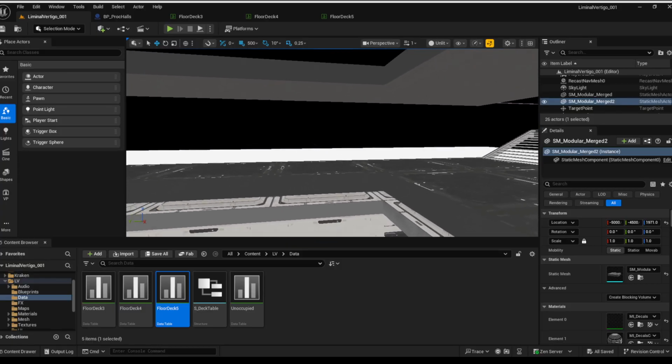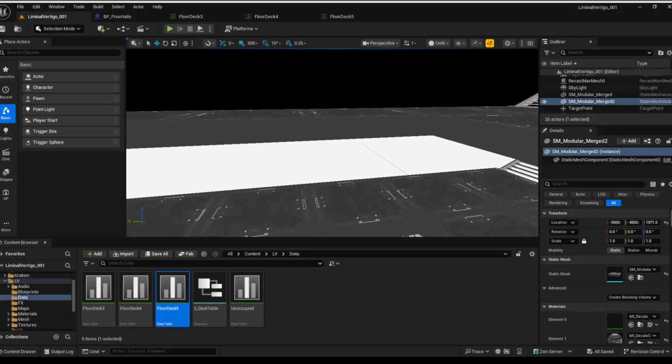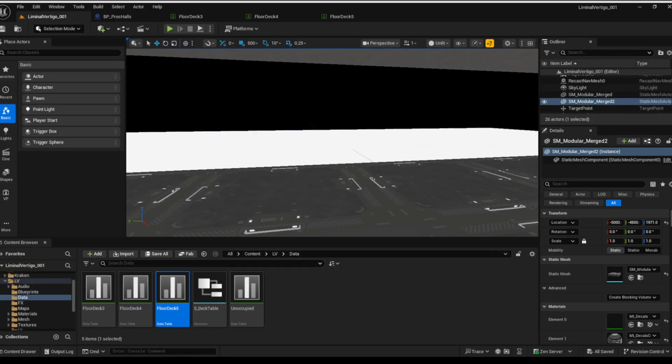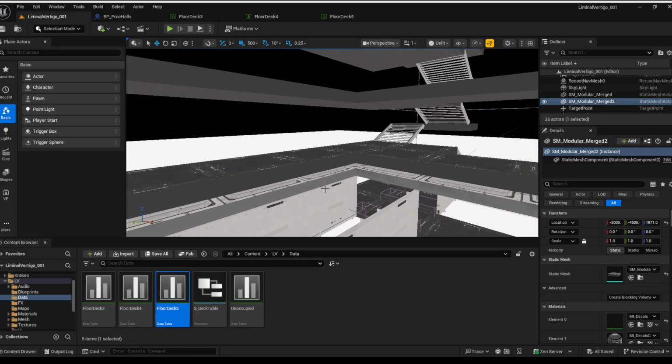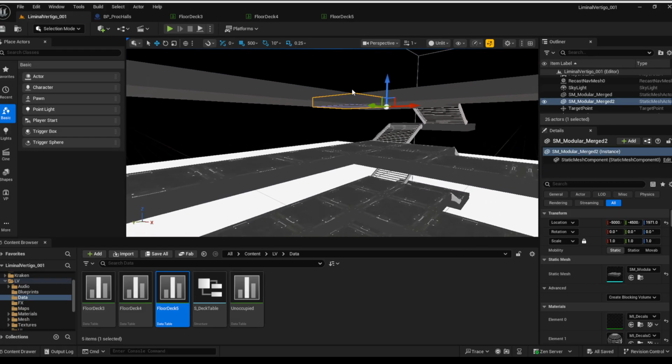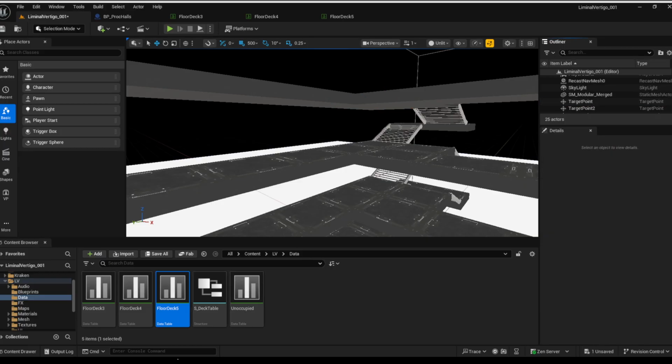I feel like it might be too small. We'll see. So let me get rid of this. Delete that one. And let me see if I can find